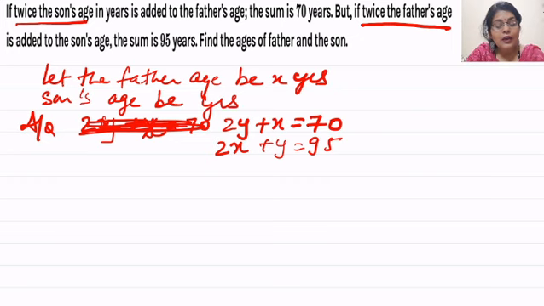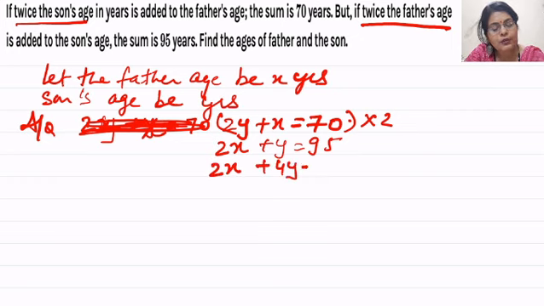So here something we have to do. Either we have to multiply this equation by 2 or this equation by 2. Any one of the equations we have to multiply by 2. So 2 times 70 is 140. We know it very easily. So we'll just multiply this equation by 2. What do we get? 2y plus 2x, this becomes 2x and 2y becomes 4y, is equal to 2 times 70, 140. So these are our two equations.